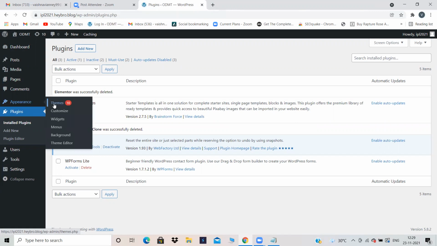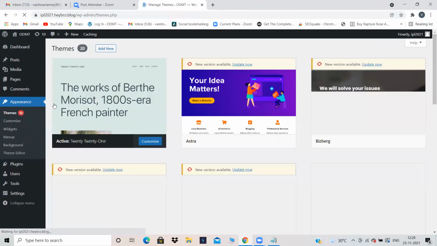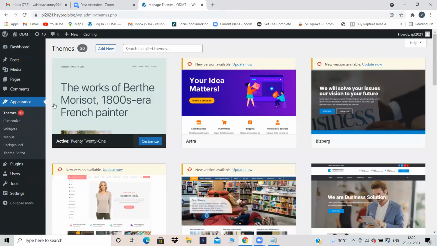And then see, if you install Astra theme, where is the theme? Appearance, themes. If you install Astra theme without Elementor, there is no difference between Education Hub and Astra, because Astra will also work the same as Education Hub and Newsway and all. If you want advanced options in Astra, then you have to install Elementor 100%. Otherwise, Astra will also work as a basic theme only. If you want Astra to work as an advanced theme, first install a plugin called Elementor.